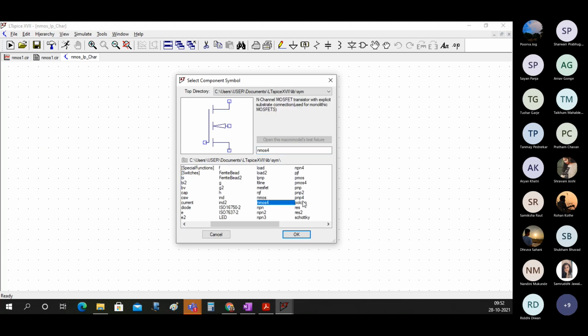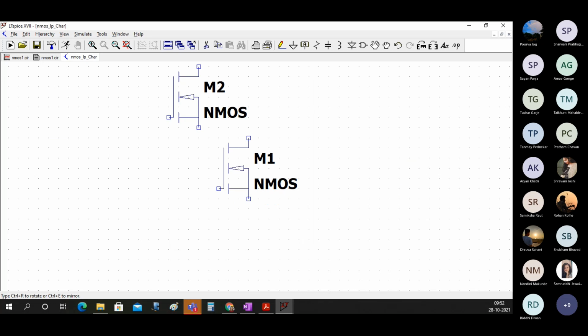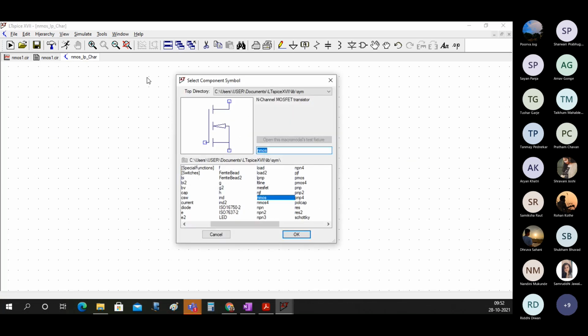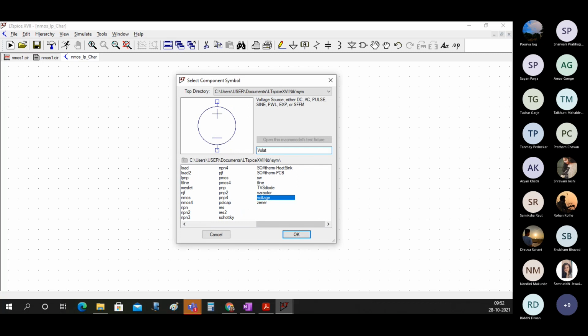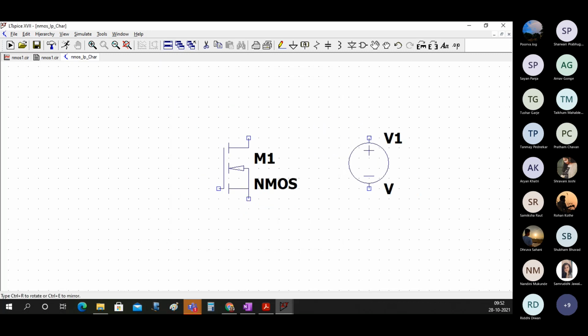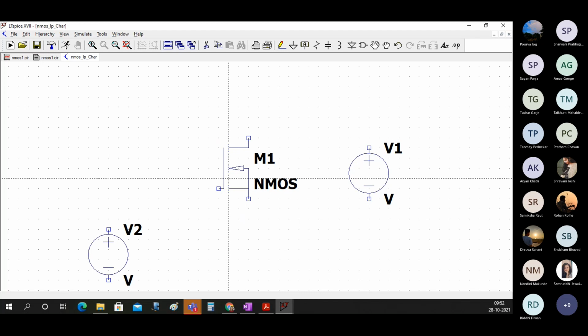We would pick up one NMOS like this, and then we would have put some source here, and then you could have joined this.